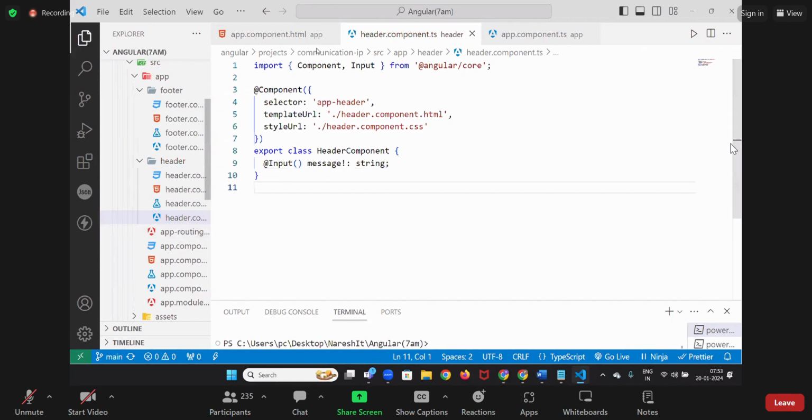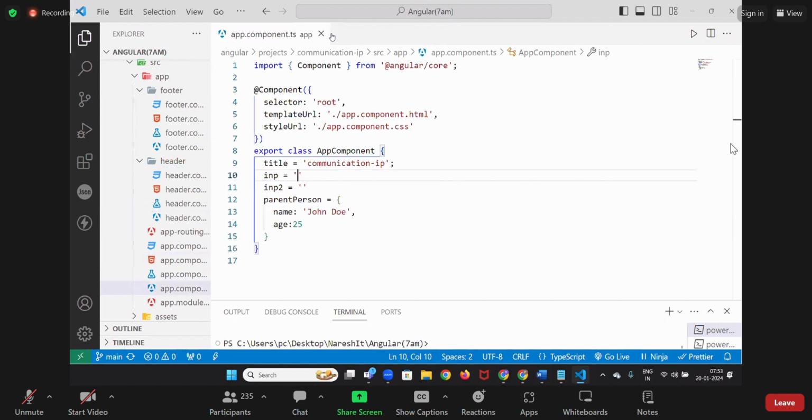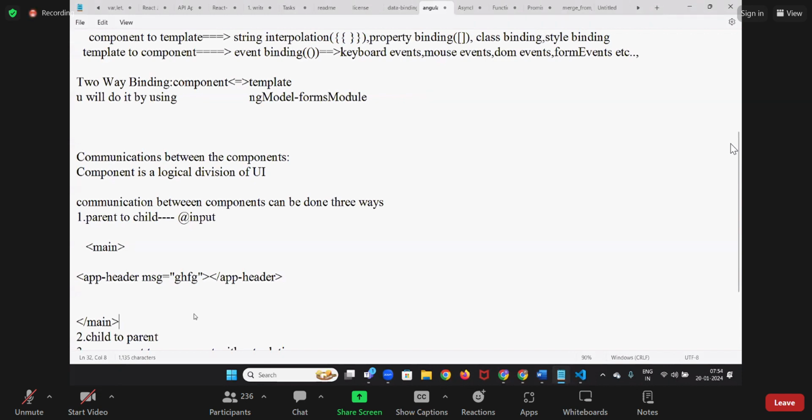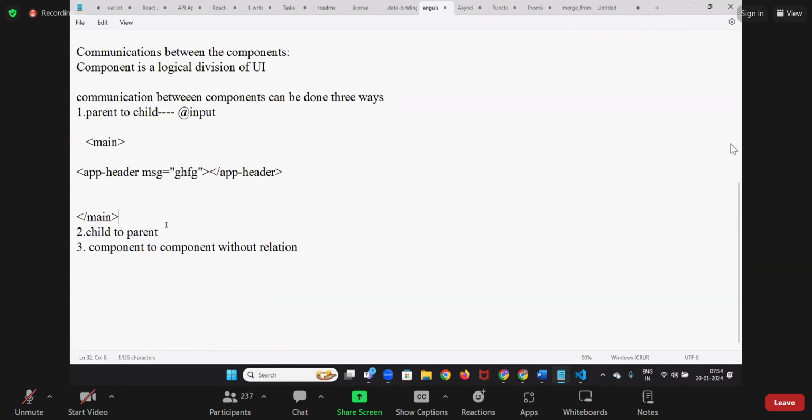Now let's discuss the next one, sir. After this, today we are going to discuss how the child component can interact with the parent component. This is interesting because the parent component is calling the child, so it is passing values directly. But inside the child component, did you ever write the parent component? No. Inside the child component, you will not write the parent component. But how the child component will give the values to the parent component, that is what we are going to discuss now. Okay,